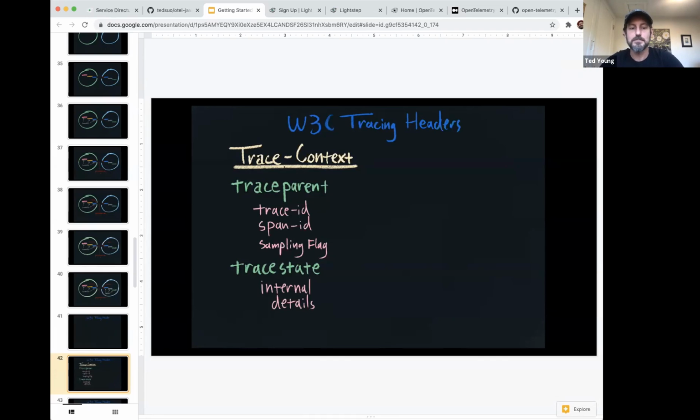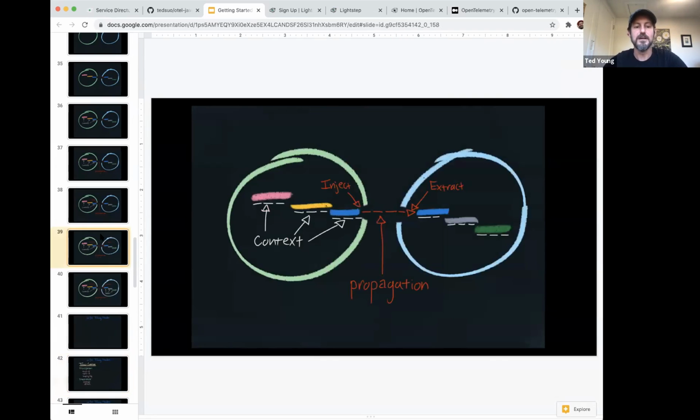The first one's trace parent. Trace parent contains your trace ID and your span ID. So these are the two core identifiers I was talking about earlier. The trace ID is an ID that's attached to every span and event in the whole transaction.